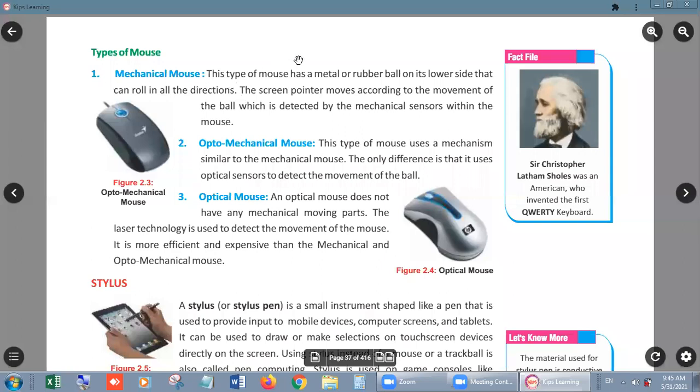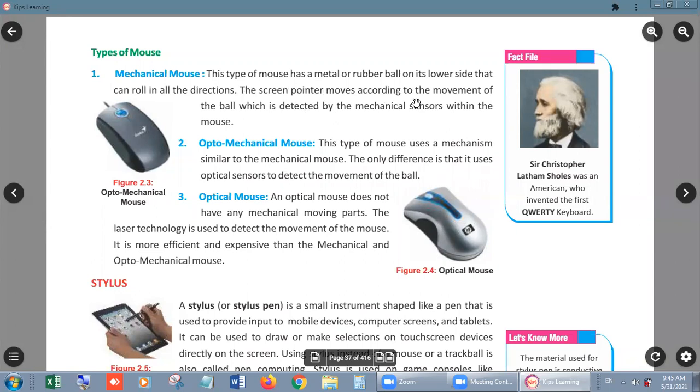Look students, you are not familiar with this type of mouse because mechanical mice are out of fashion nowadays. They are not used nowadays. For approximately 15 years we have not been using the mechanical mouse. We are using the optical mouse, or USB mouse.